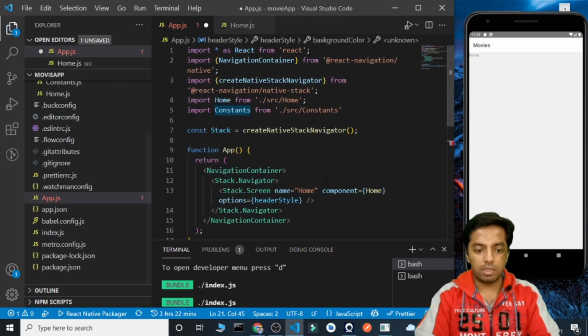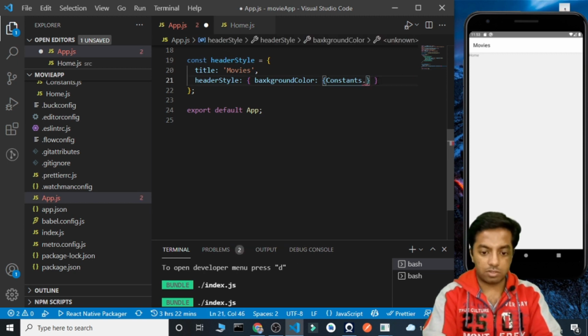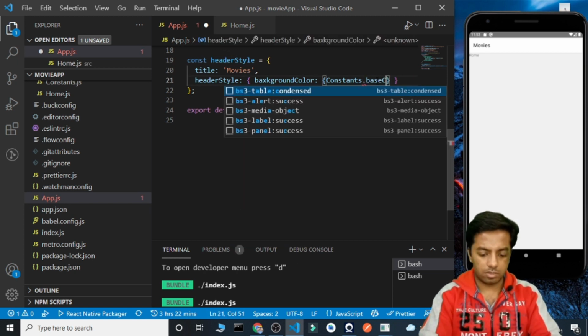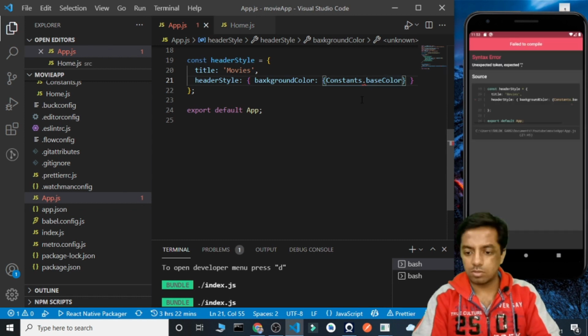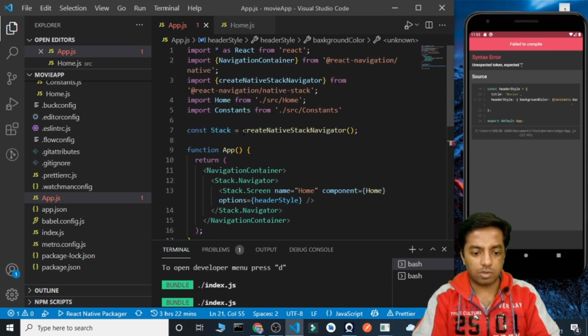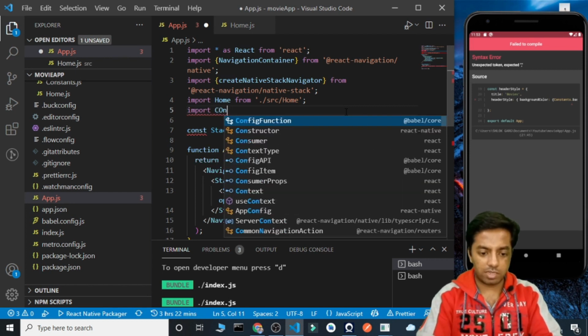So now here, let's do the part, and constants dot. So it threw the error unexpected token. I'll again make the import constants.